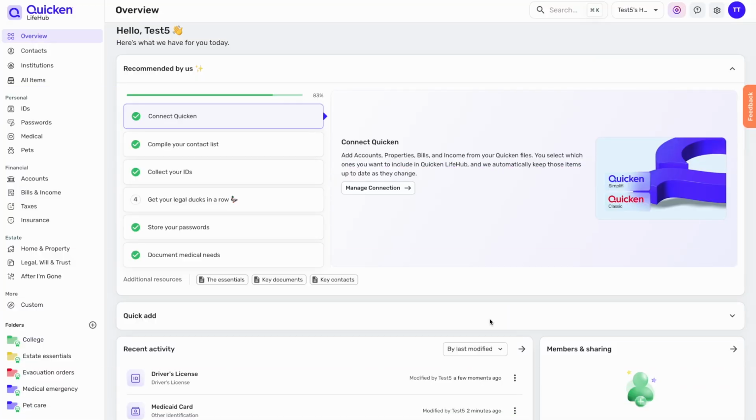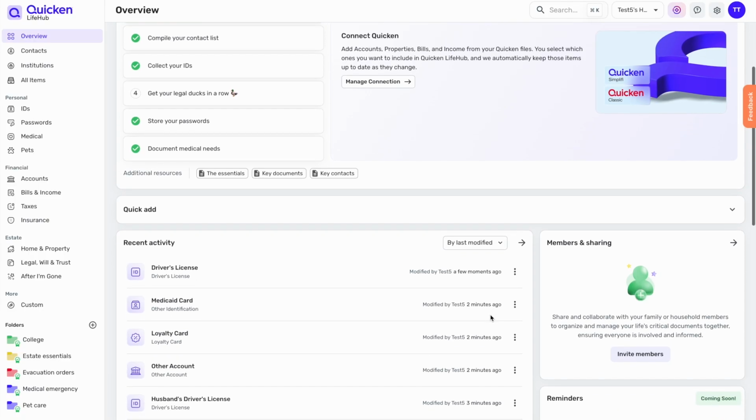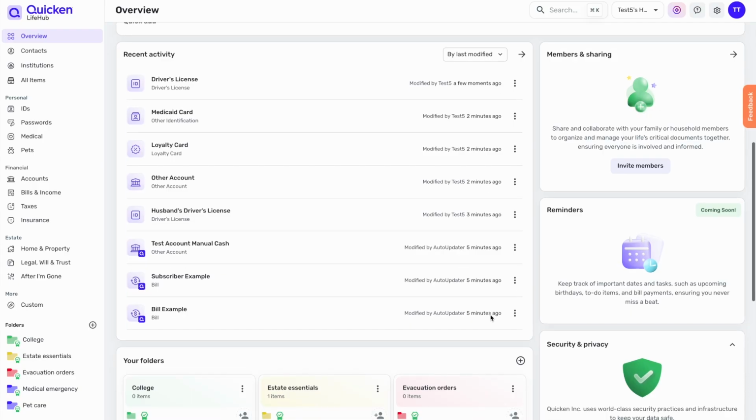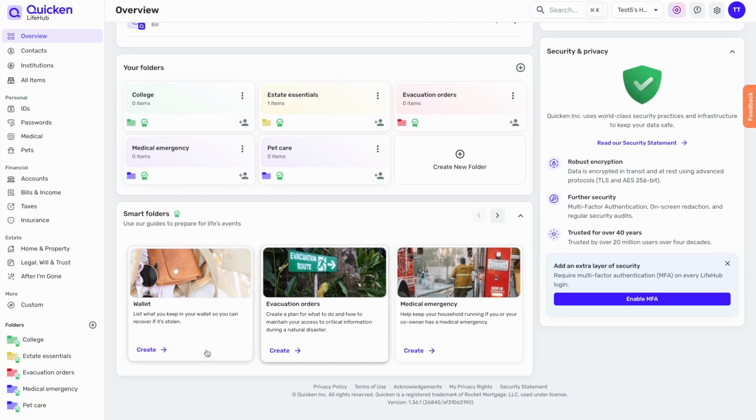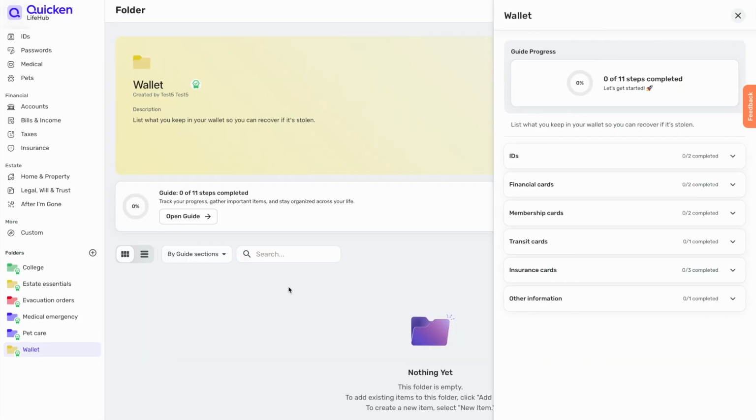Smart folders in LifeHub are guided checklists that make it simple to get organized for life's common situations. To create a smart folder, scroll to the bottom of the overview page. For this example, select the Wallet Smart folder, which helps you prepare in case your wallet is ever lost or